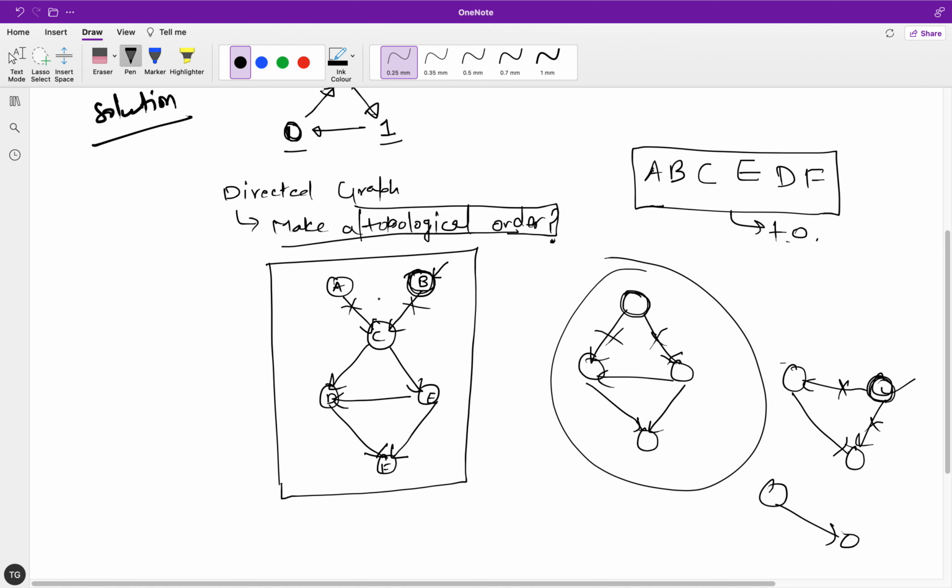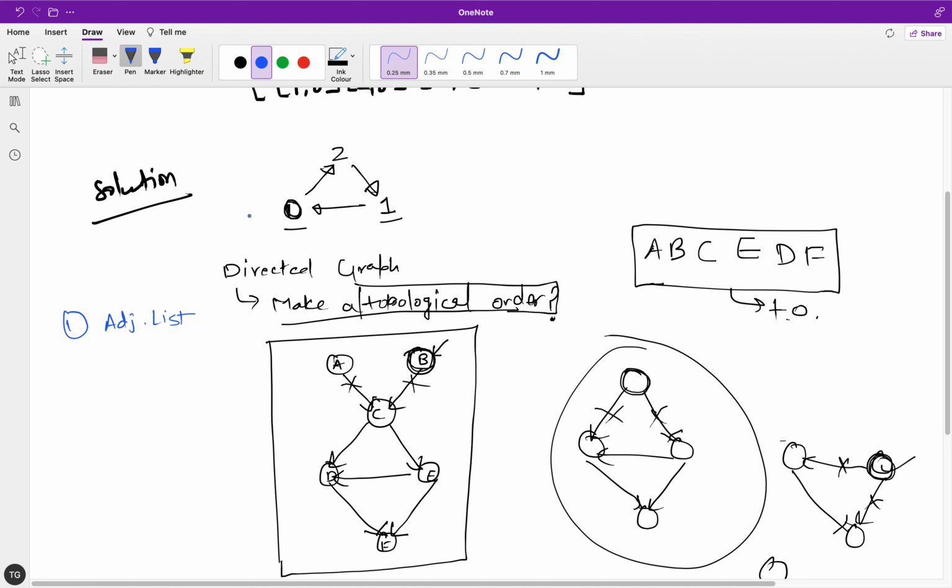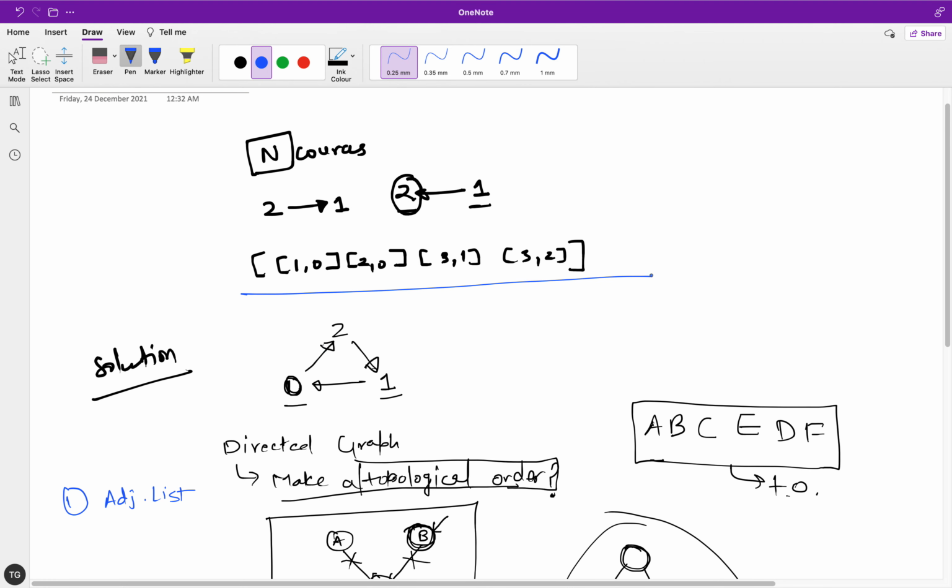So what will be our step? Can you answer that question? Okay, so first you will convert the input into an adjacency list, right? Why an adjacency list? If you make an adjacency list from this particular input, then you can find the neighbors of a node in order of one time.